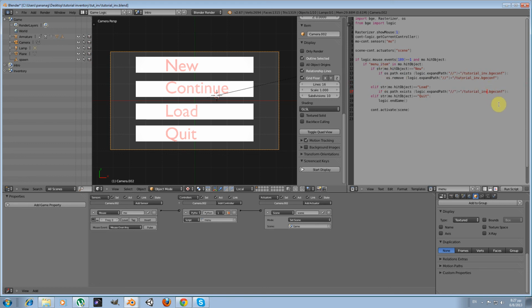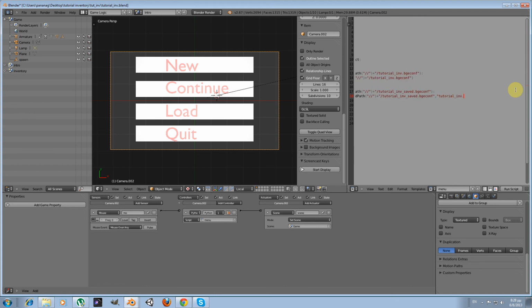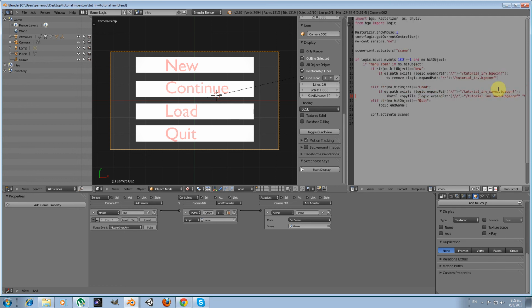Tutorial inv saved bg config exists, and we are going to import the shutil module and use it to copy this file here to the tutorial inv bg config file. Okay, what we do here is that we check whether the backup save file exists, and